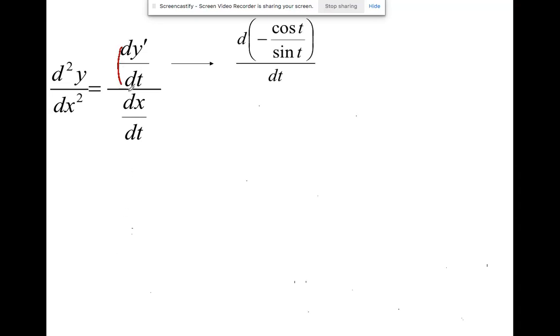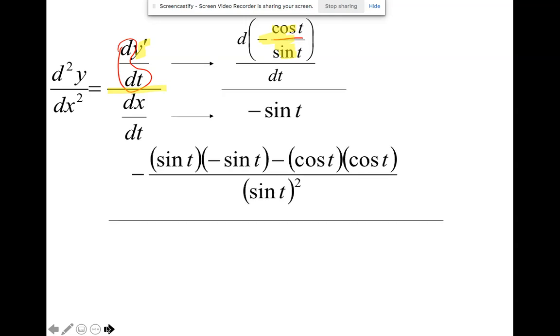So here was the derivative of y prime with respect to t. The derivative of y prime was a ratio, negative cosine t to sine t. I just replaced y prime with y prime. Then I need to divide, put it on top of dx dt. So I did the quotient rule here. I took this denominator that was here and put it here because that's often what people forget. And I did the quotient rule with the numerator,